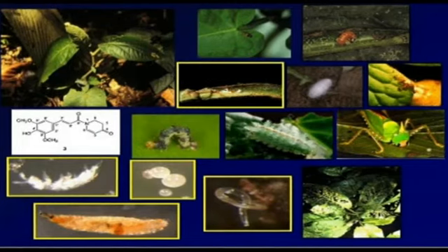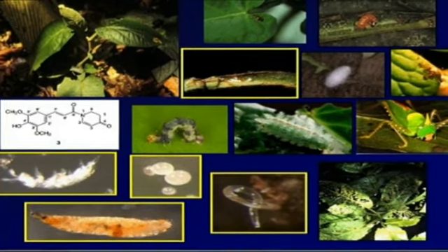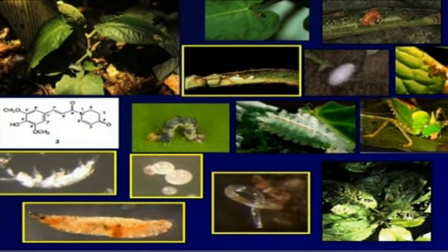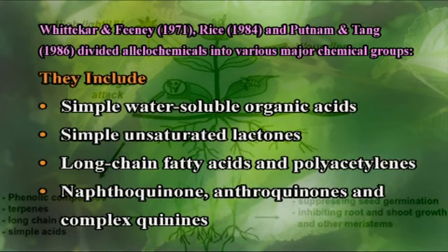Allelochemicals represent a myriad of chemical compounds from simple hydrocarbons and aliphatic acids to complex polycyclic structures. The secondary products could be classified in the following categories, but it is impossible to enumerate each and every chemical identified as an allelochemical. Whitaker and Finney 1971, Rice 1984, and Putnam and Tang 1986 divided allelochemicals into various major chemical groups. They include simple water soluble organic acids, simple unsaturated lactones, long chain fatty acids and polyacetylenes,